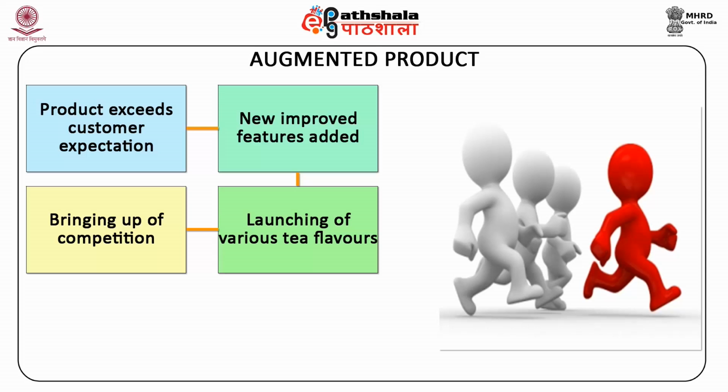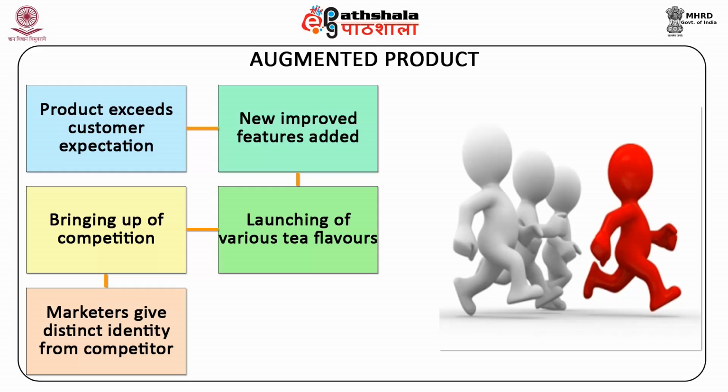Thus, in today's scenario, the competition essentially takes place at the product augmentation level because at this stage, different features are added by the marketers in their products to give their product a distinct identity from that of their competitors. This view has been supported by renowned marketing author Theodore Levitt. According to him, the new competition is not between what companies produce in factories, but between what they add to their factory output in the form of packaging, services, advertising, customer advice, financing, delivery arrangements, warehousing, and other things that